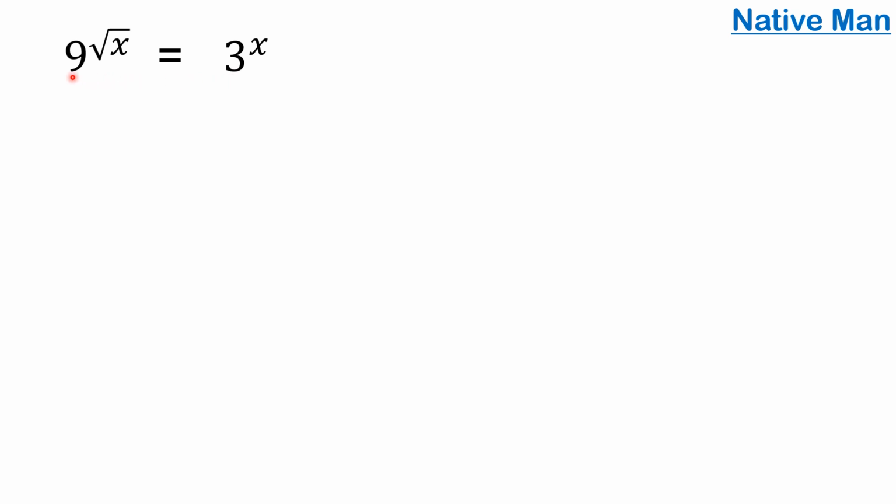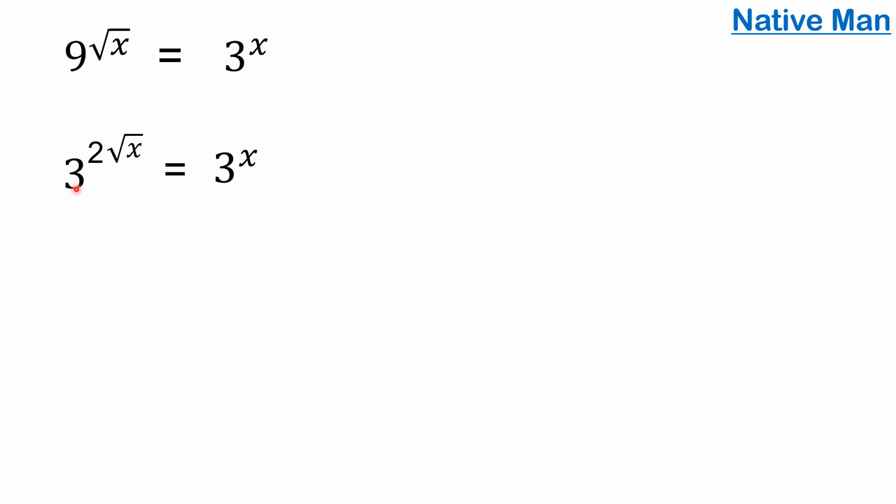All you have to do here is study the base of the two sides of the equation. The base here is 3, and the base here is 9. So we are going to make the two bases equal so that we can equate the exponents. How? 9 can be written in exponential form as 3 raised to the second power. What is 3 squared? That is equal to 9. And then you multiply the exponent here with the new exponent 2, so this becomes 2 times square root of x. So it's equal to 3 raised to the x power.